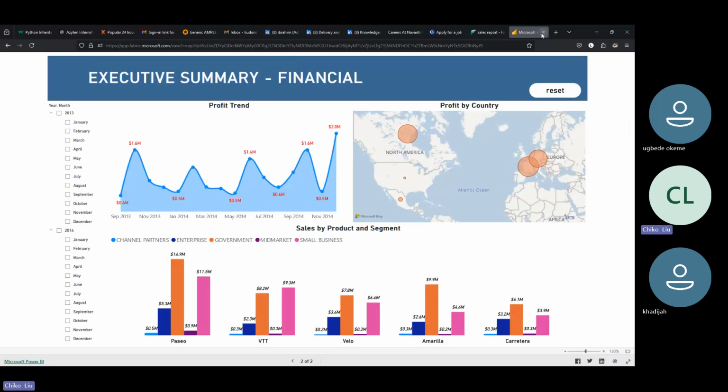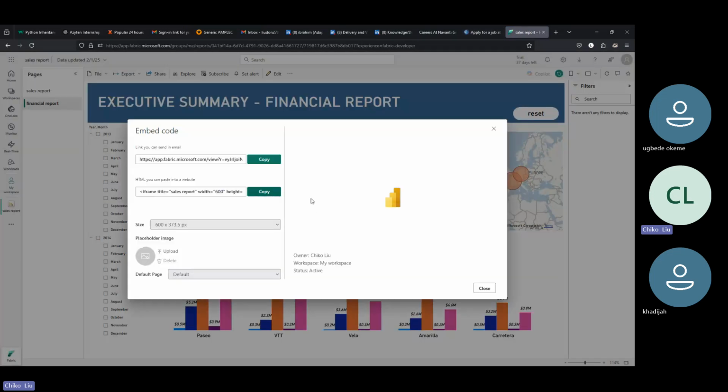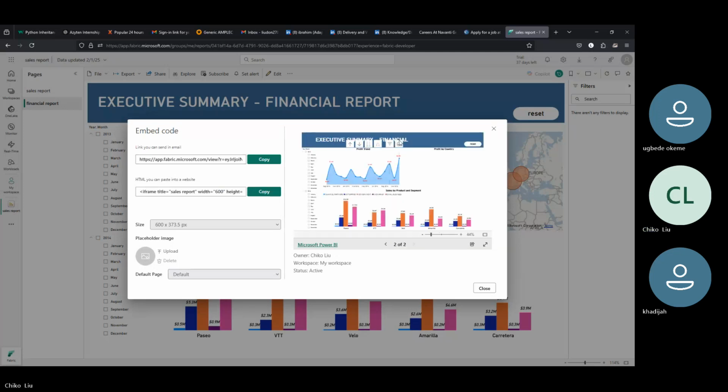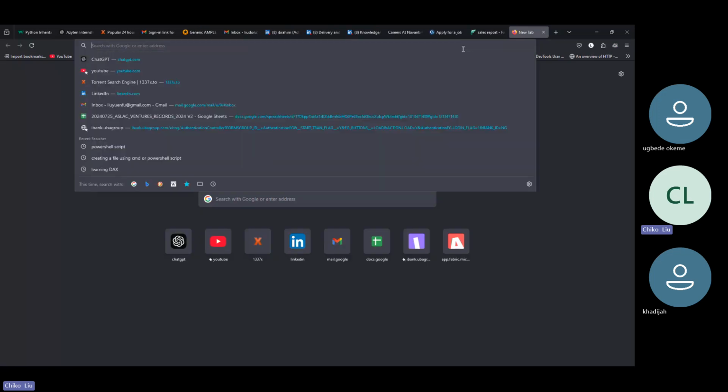Yeah, so it's supposed to affect this positively, but let me come to file, embedded, publish to web. It will show me a preview of the, so well, it still did not. Maybe it will take time, or I have to delete and replace it back. But anyways, it's fine. Those are